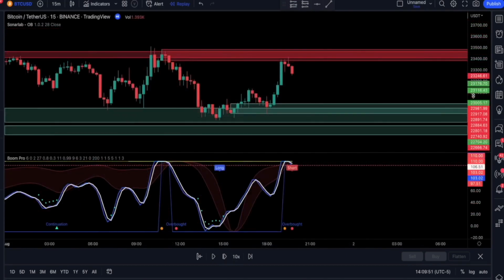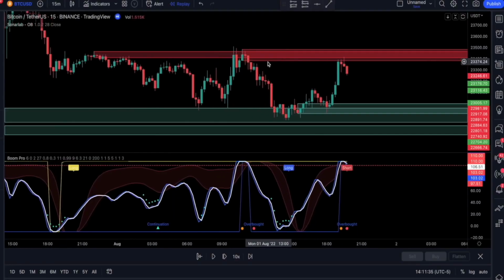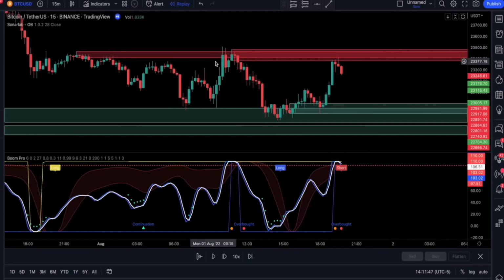For short entries, you're going to be doing the exact opposite. First, you're waiting for the price action to pull back into the bearish order block. Second, the bearish order block must be retested at least once before so that we can consider it as significant. Notice the price action bounced off this order block a few times. This tells us that there is a stack of sell orders sitting at this price and not letting the buyers